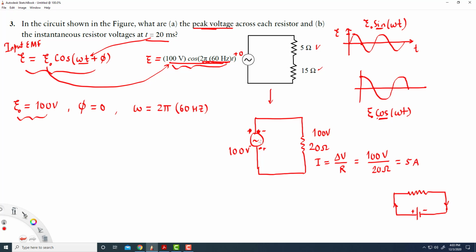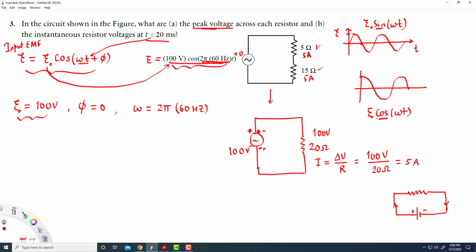Okay. So we have 5 amperes of current, and we know that these two are in series, and when you combine these two to form this one, whatever current you get on this one would also appear on the individual ones. So that means if we have 5 amperes here, then there would be 5 ampere current flowing through this one and 5 ampere flowing through this one. So each will have 5 ampere current. Okay,